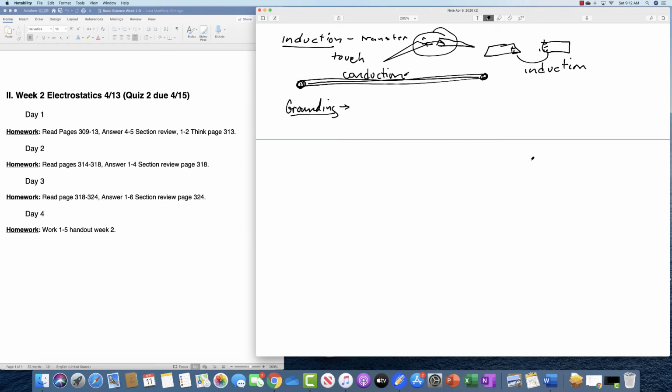And then the last one says, what is an electroscope? Well, an electroscope is pictured on page 317. The purpose of an electroscope is that it's a simple device that's used to detect small electrical charges. If you look at the picture of the electroscope on page 317, what you see is that there are two very small leaves. And when you bring a charged material close to that top part, it causes the electrons